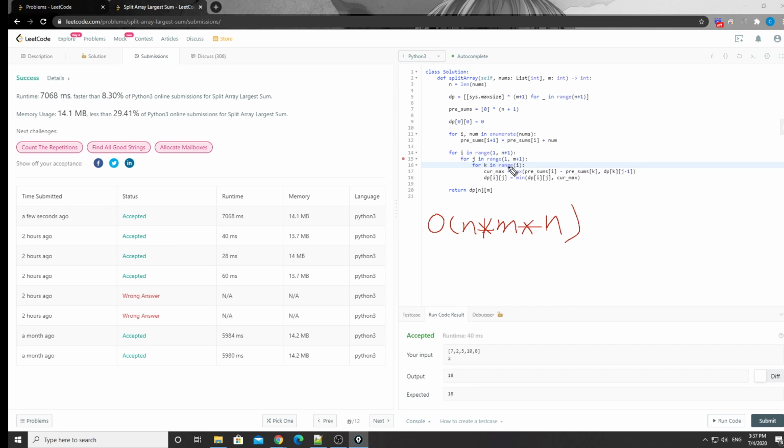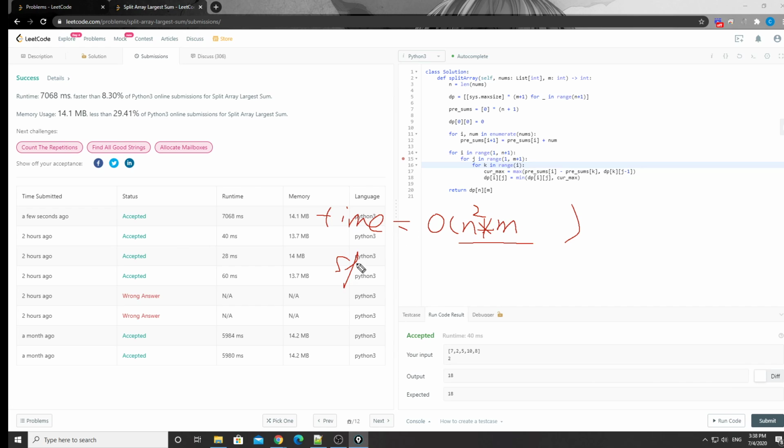Because for each of this i here, we'll be looping through everything for this i. Basically, it's going to be n square times m. That's the time complexity,